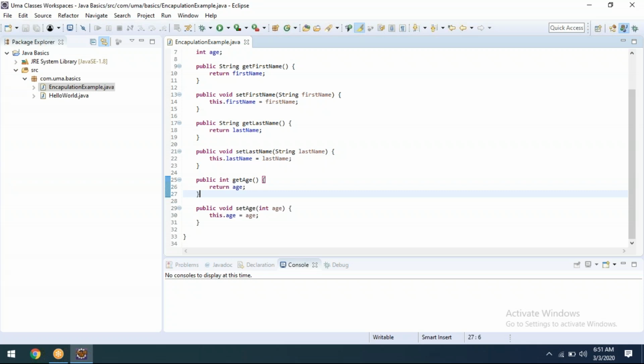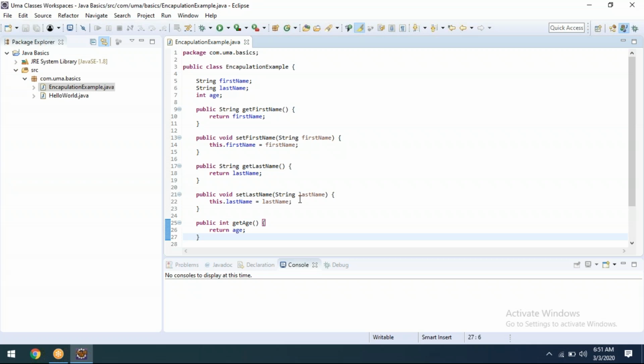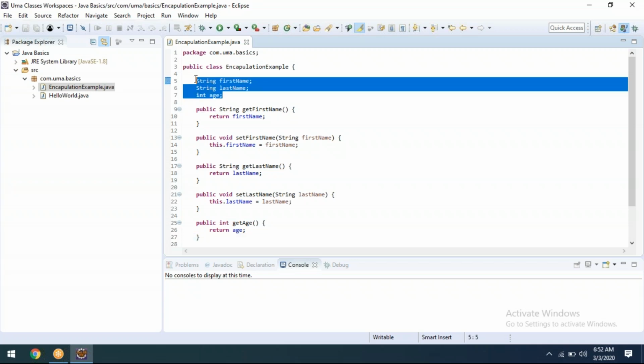Where is encapsulation? It means wrapping the data members and member functions. Data members means these are the variables. Getting my point? Yes.